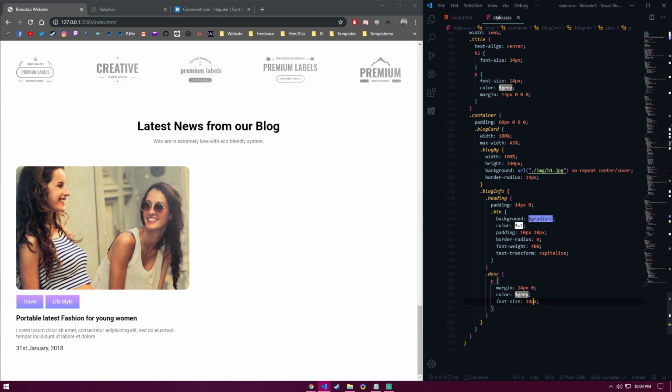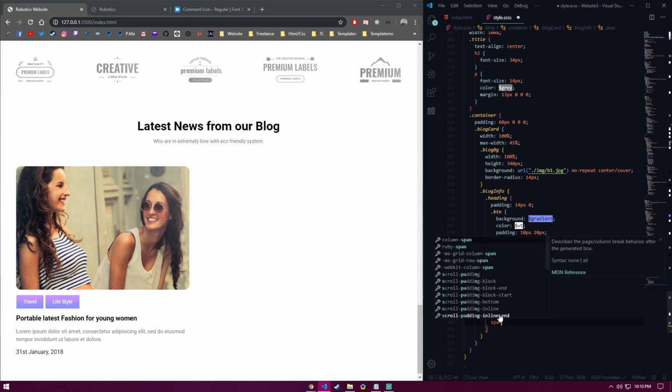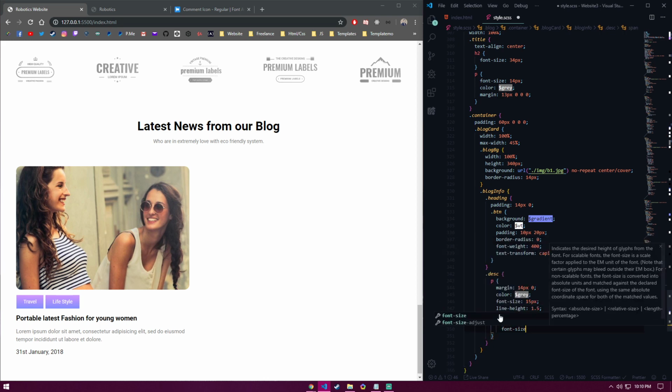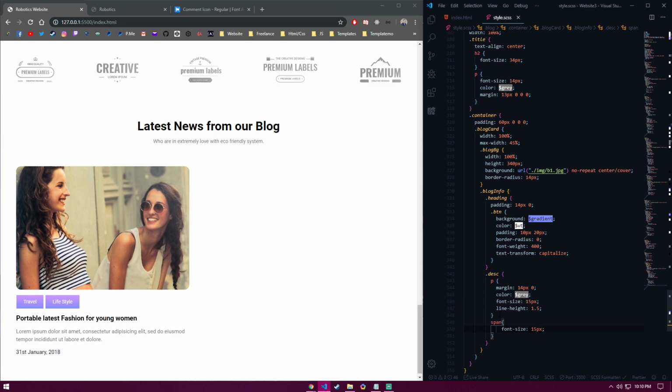A bit of line height, maybe a bit bigger. Yeah, like this, and line height 1.5 is gonna be enough. And then for the span, font size, and that's all for it. Actually, I'll make it a bit smaller, like this. So that's our blog page, but we still need to add one more card,